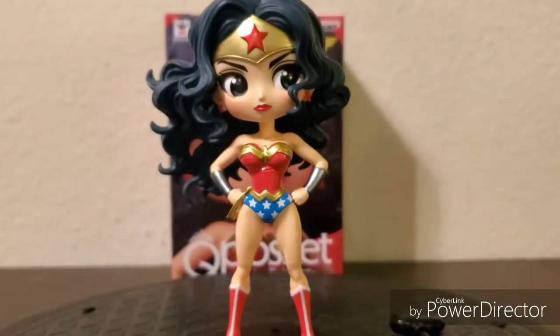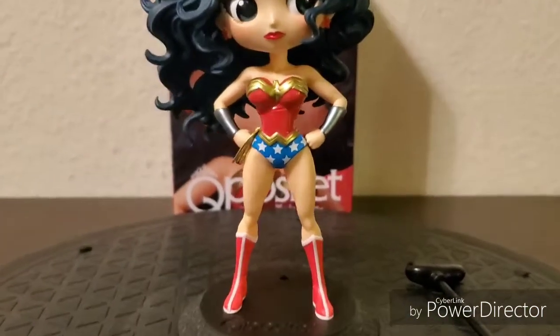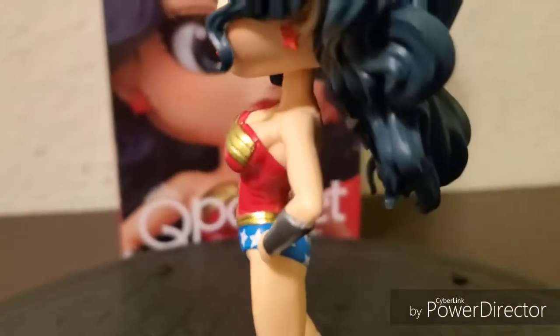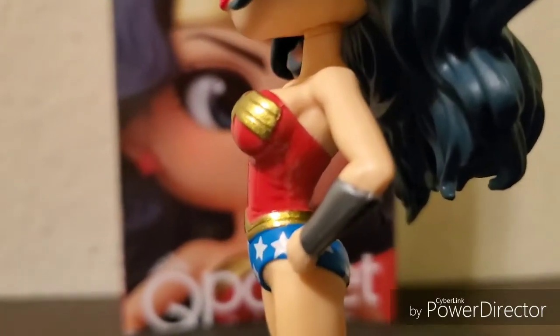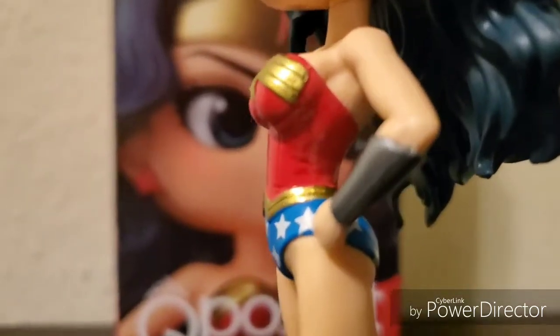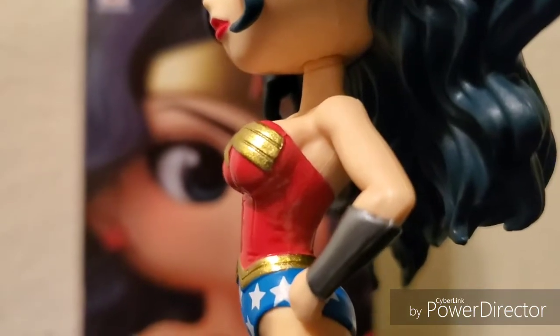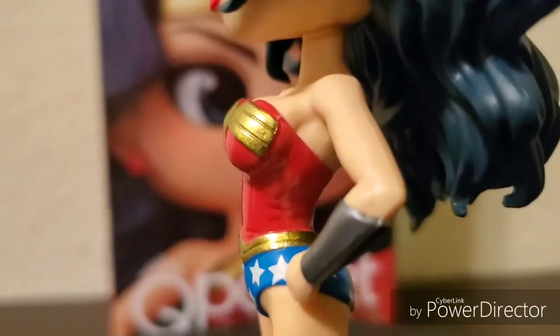Now this is pretty much a perfect sculpt. Now if I had to look really deep into this, the seam line on the hair is basically right here on the edges of her chest plate, and you can see right there on the side, especially the top corner, it looks a little bit, well, I don't want to say chewed up, but you could see an indented